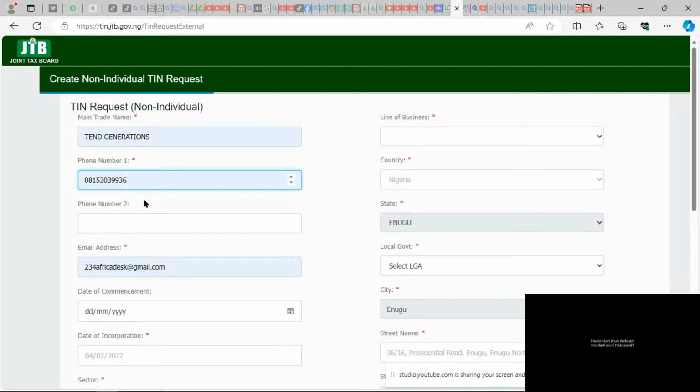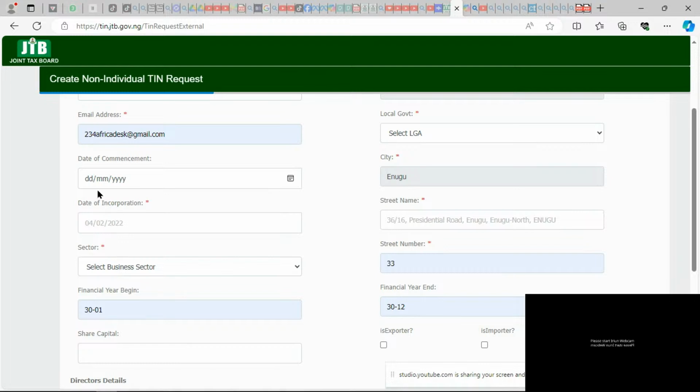Some of them have been filled already, the name was automatically generated because I put the registration number in that space. What I added now is my phone number. My email is already there. They captured the email that I used.